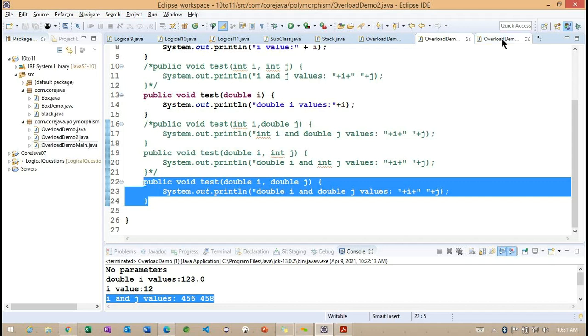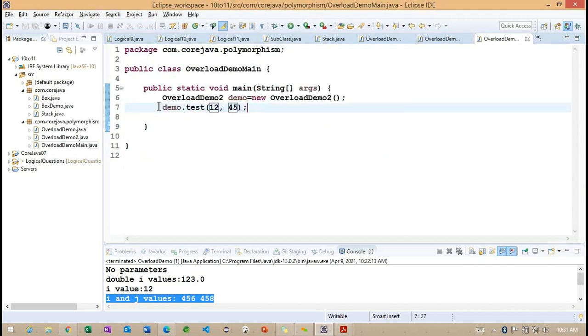Getting the point. Now we can see the same method. If I try to call it here with two parameters, I'm not getting any error. Why am I not getting any error here? Because if you observe 12 and 45, those two variables are going to be treated as int data type. To work with the double data type, we need to specify decimal values, like dot 0, dot 1, some values. Getting the point. But yes, I'm not getting any error here. So why am I not getting any error?